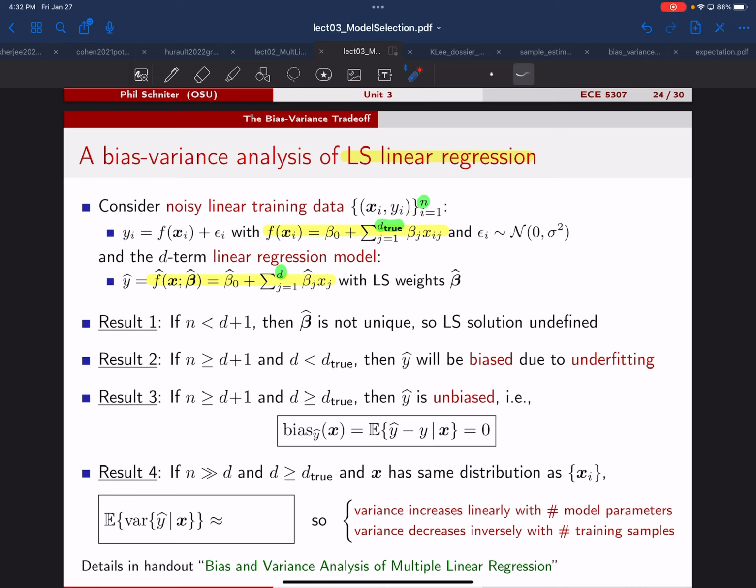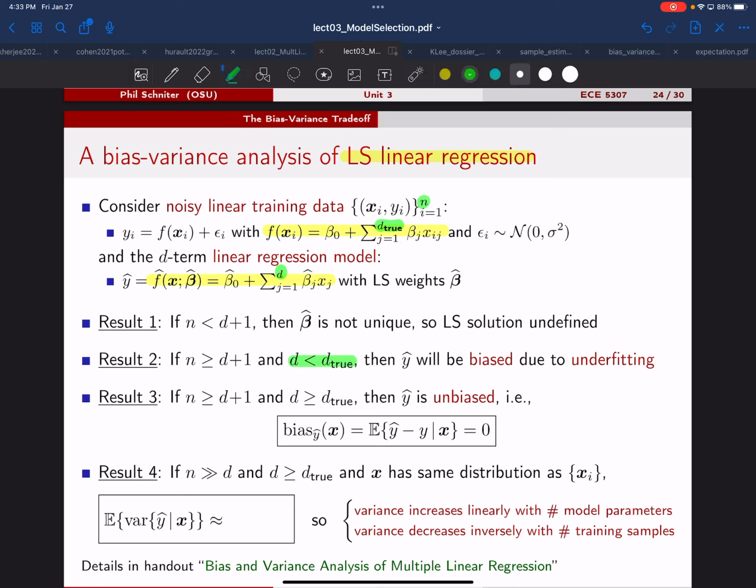Okay, so for the other 2 results, we're going to assume we do have enough training data. And although I didn't write it here, we're going to assume that the matrix we need to invert for the least square solution is invertible, in part because we have enough training data, but it's not like all our training features are identical, because that would also give us problems. Okay, so let's assume enough training data, but then let's look at what happens if